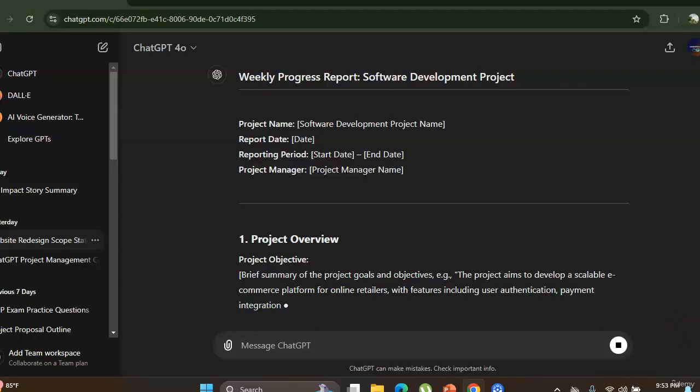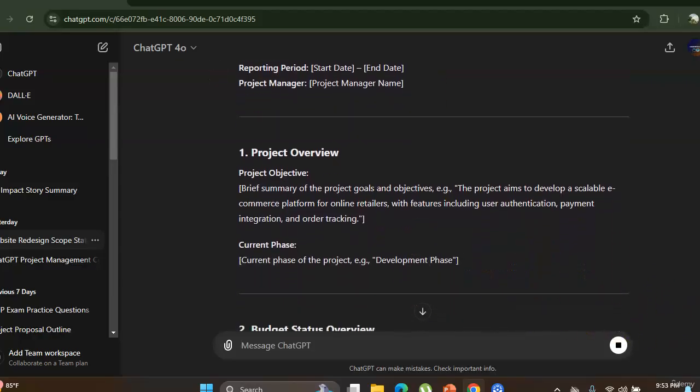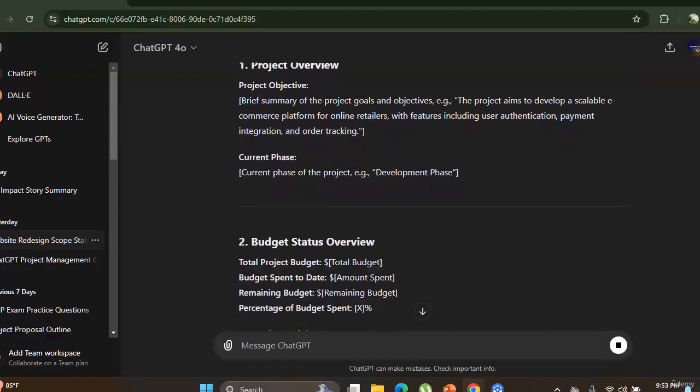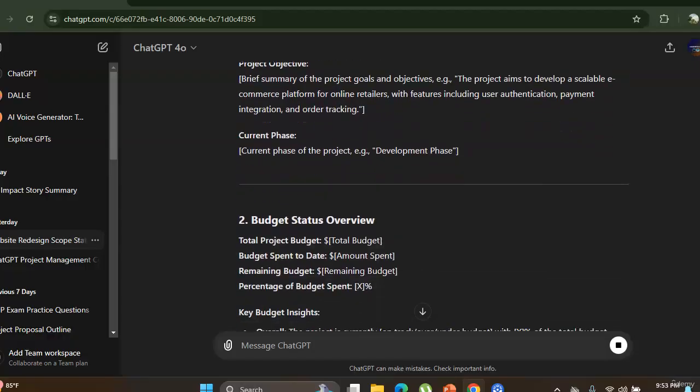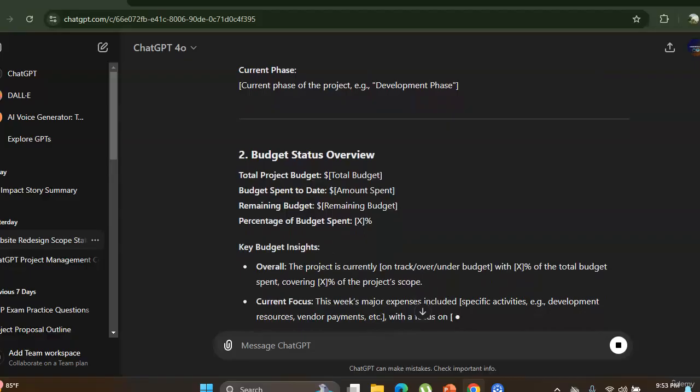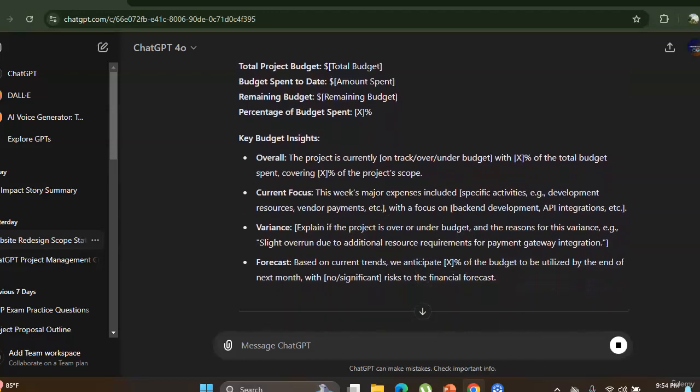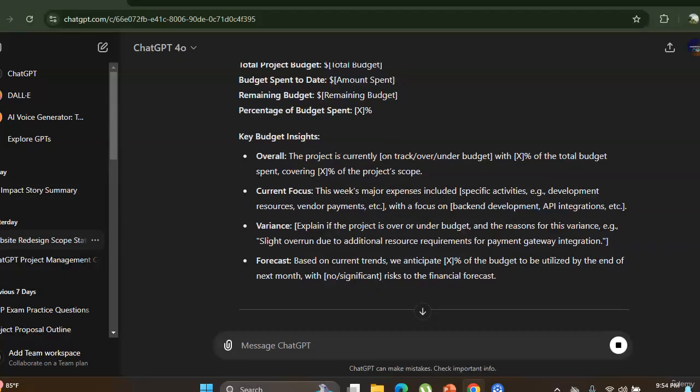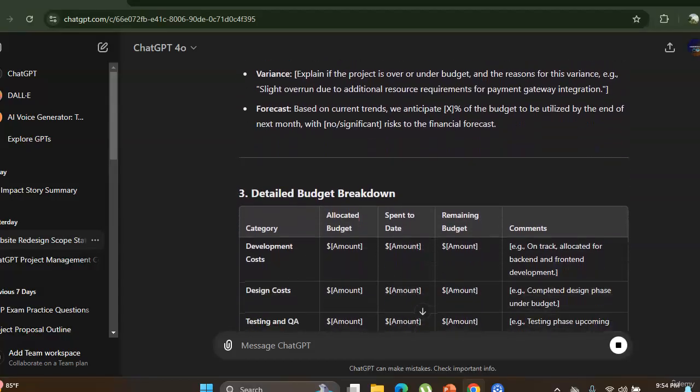It is generating the report, brief summary, current phase, budget status overview, like total budget, budget spent to date, remaining budget, percentage of budget spent, key budget insights, like for this case, overall the project is currently on track of the total budget, current focus, variance, forecast, detailed budget breakdown,